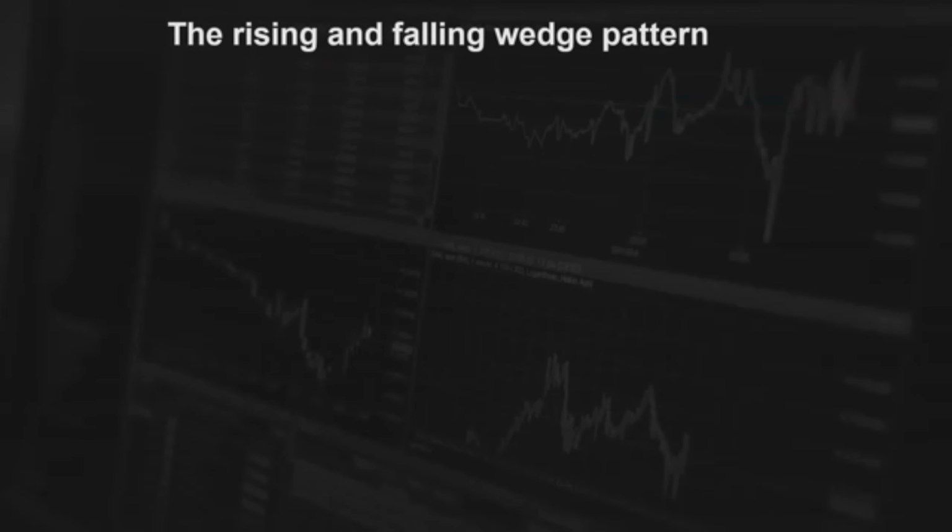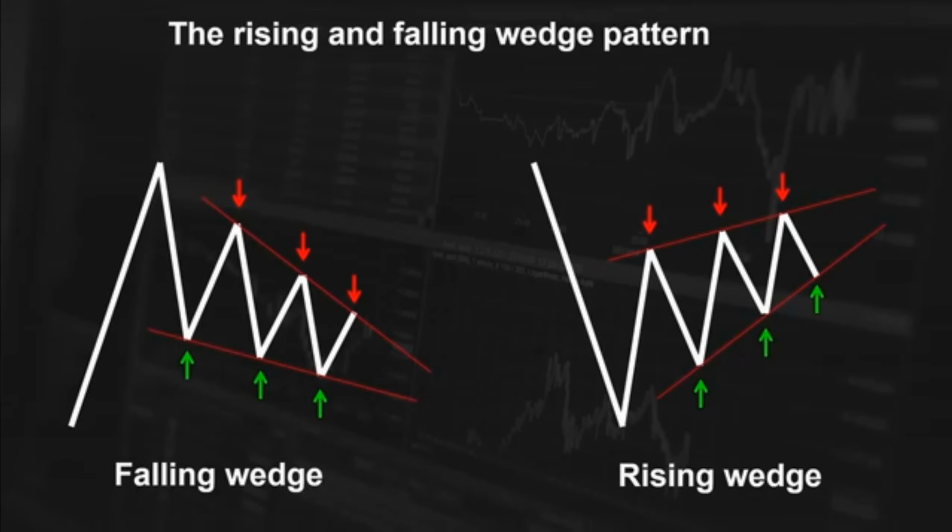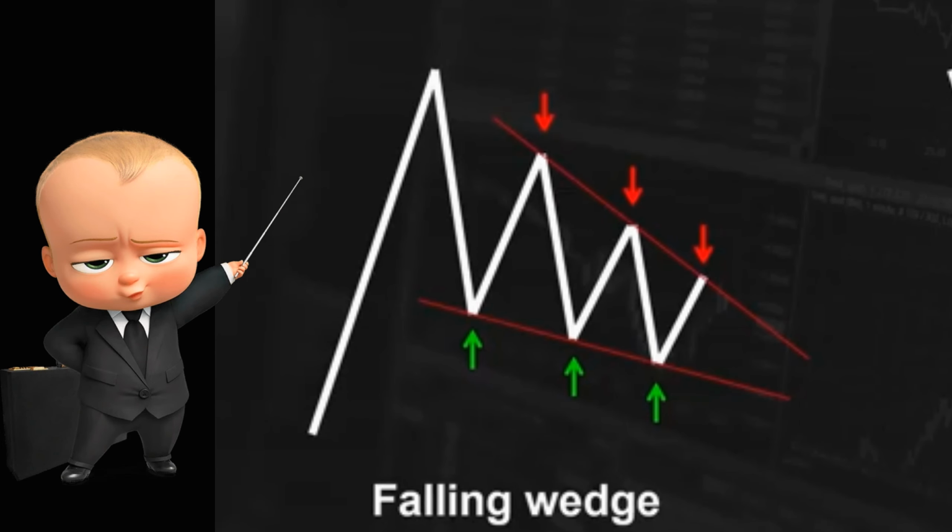Both the falling wedge and rising wedge patterns are technical chart patterns that indicate a potential breakout. They are formed by converging trend lines and suggest either a reversal or continuation of a trend, depending on the market context. Falling wedge. The falling wedge is formed when the price makes lower highs and lower lows, creating a